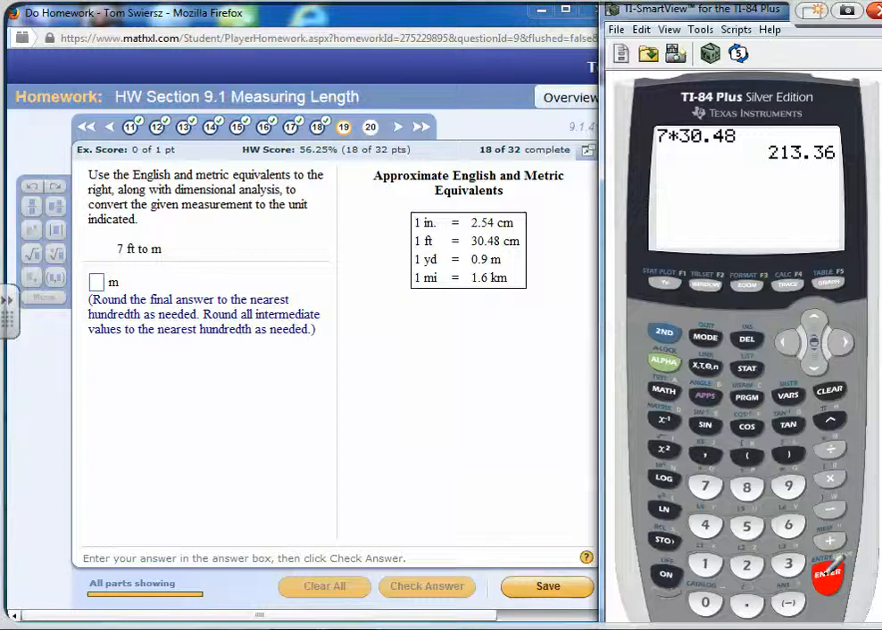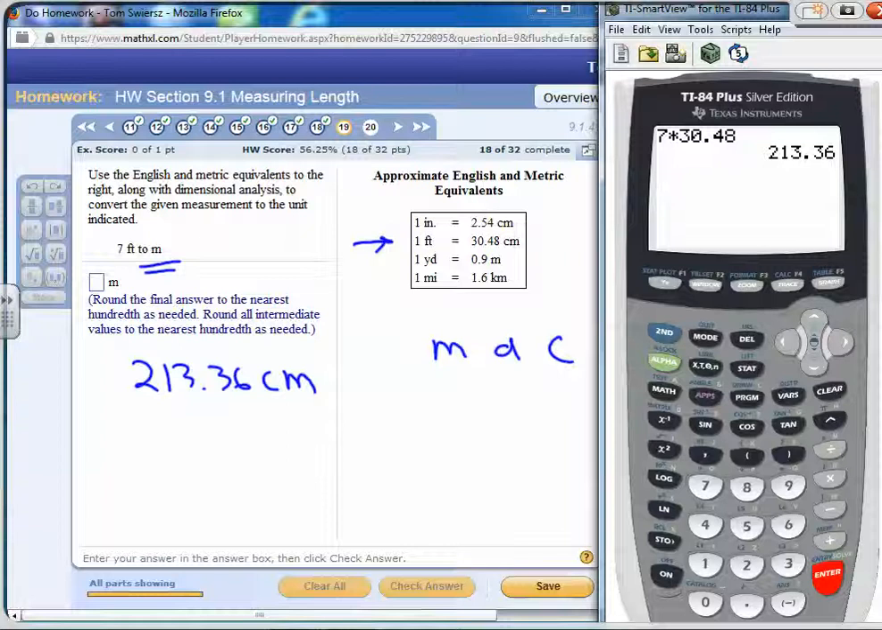So 213.36, remember, we went from feet to centimeters, so this is centimeters, right? Now, we need meters. Okay, meters is the unit, then deci, centi. So to go from centimeters to meters, we're going to do 1, 2, the unit by itself is meters, right? 2 jumps to the left. So we're going to take our decimal, which is right here, go 1, 2, and that will give us